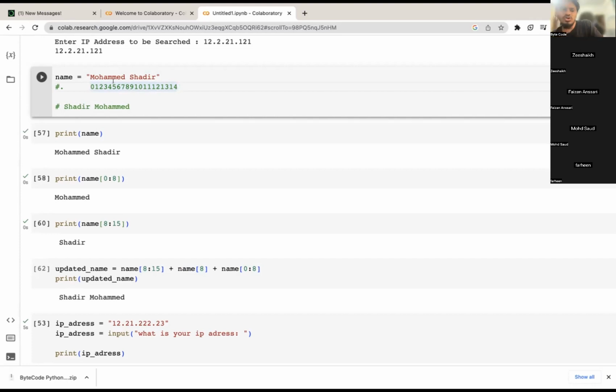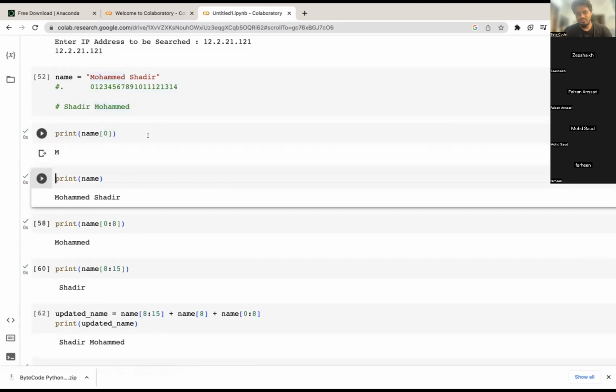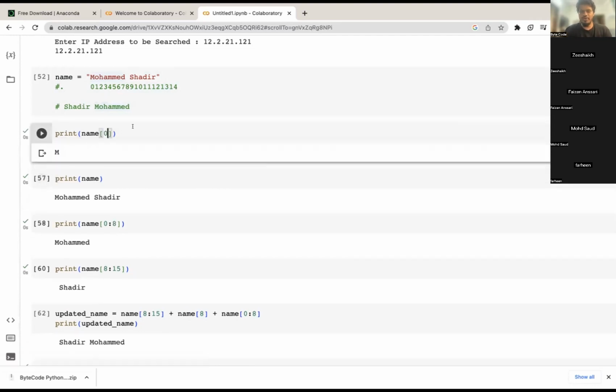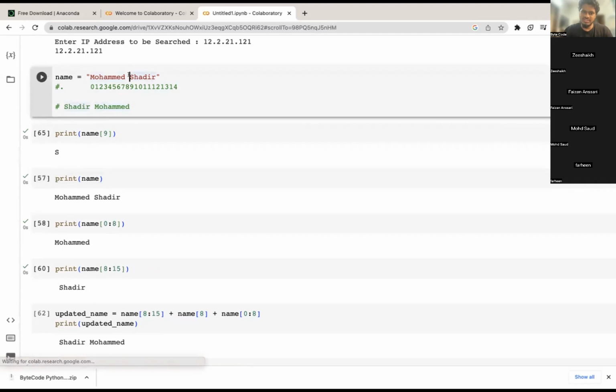Suppose you want the first character out of this name, which is nothing but M. You will say print name of 0, and it will give you M. If you print name of 1, it will give you O. If you print name of 9, it will give you S. Why?